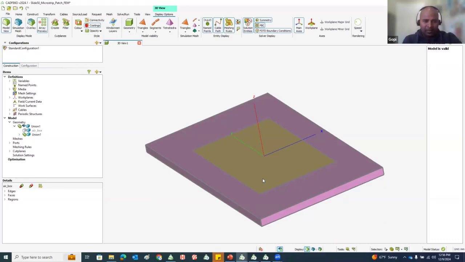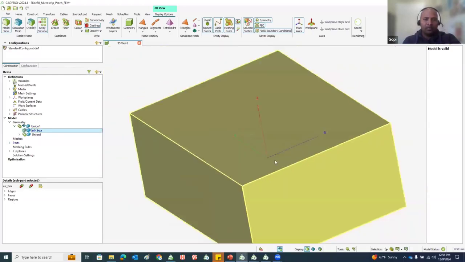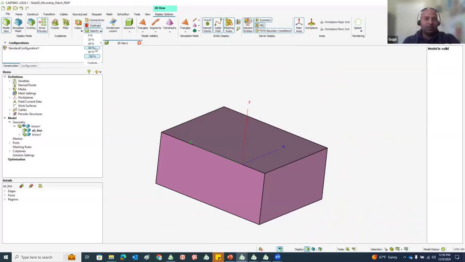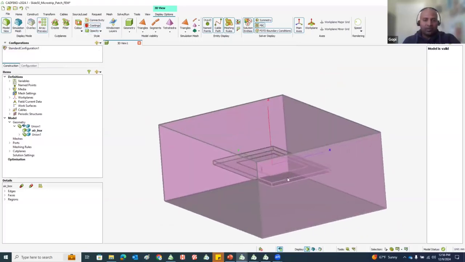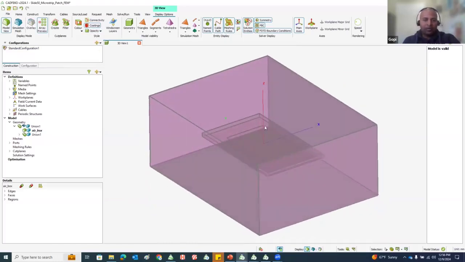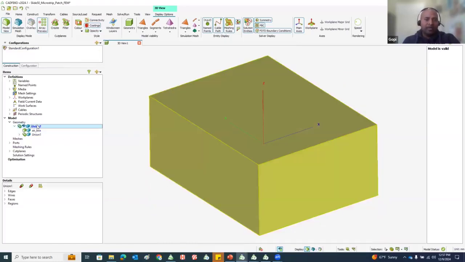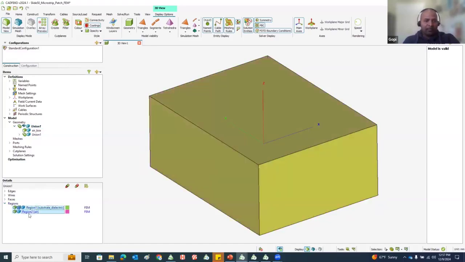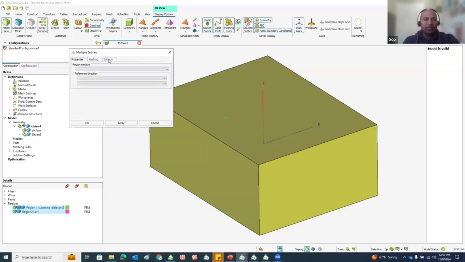But instead of hybridization, if you want to use pure FEM, that is also possible. But to solve an antenna model with pure FEM, you need to enclose the antenna in an airbox. And that is what we did here. So you can see the antenna, and we can see the larger airbox enclosing the antenna. And the way FEM is specified in Feko, you select all the regions, you go to properties, and under the solution method,